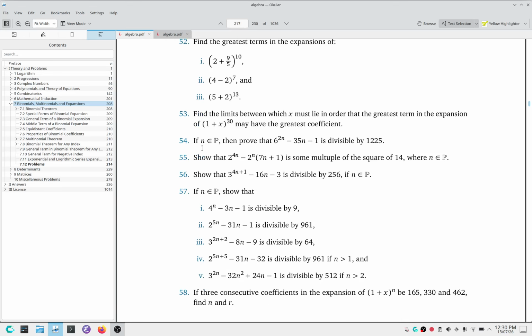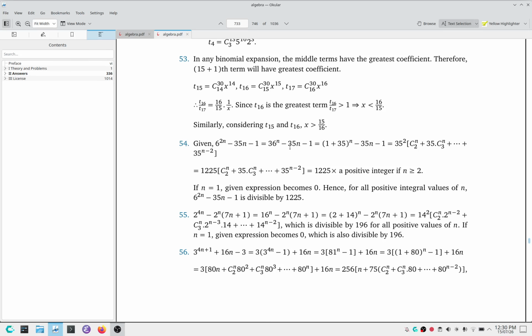Question 54 says that if n is in the set of positive integers, then prove that 6 raised to the power 2n minus 35n minus 1 is divisible by 1225. So we are given that 6 raised to the power 2n minus 35n minus 1 is equal to 36 to the power n minus 35n minus 1, which is equal to (1 plus 35) to the power n minus 35n minus 1,